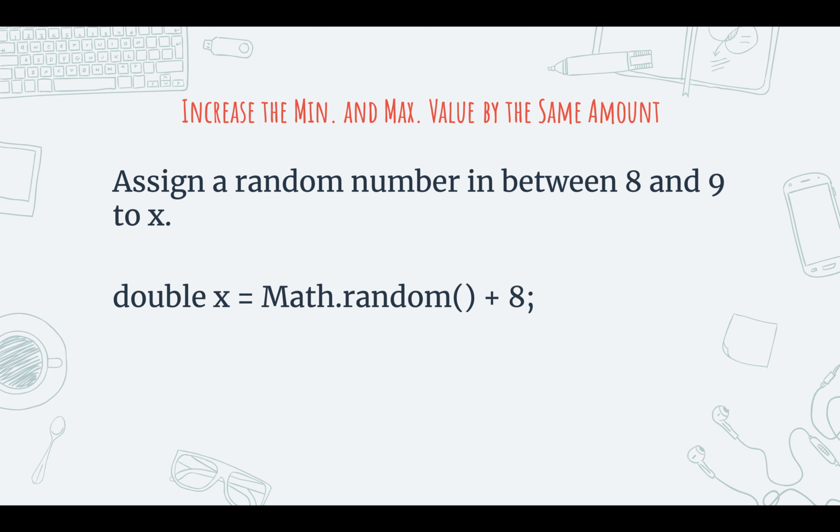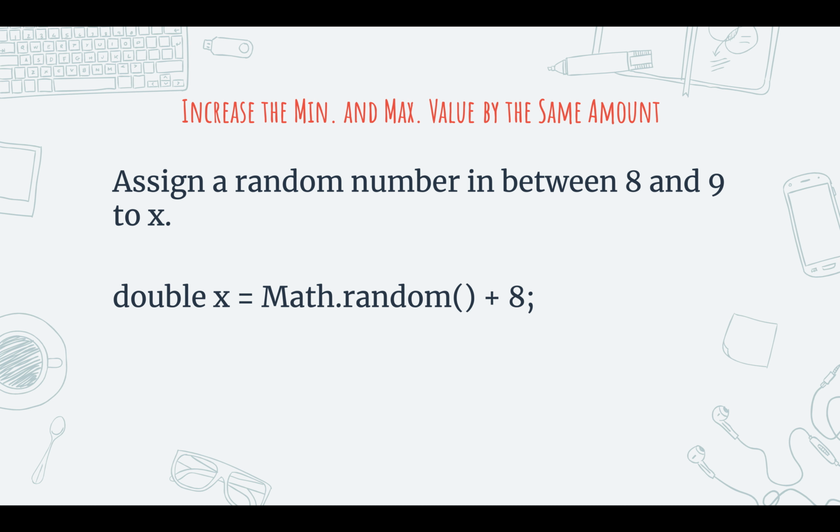We can also increase the minimum value. So let's say we want to assign a random number in between 8 and 9. I'm using 8 and 9 for a very specific purpose, because it's just like 0 and 1 in that the difference in between the numbers is 1, right? The difference between 0 and 1 is 1. The difference between 8 and 9 is 1. This is important because when we're trying to combine a new minimum and maximum value with different numbers, it's going to be a little bit different than this. But just for the sake, if you have a distance of 1,